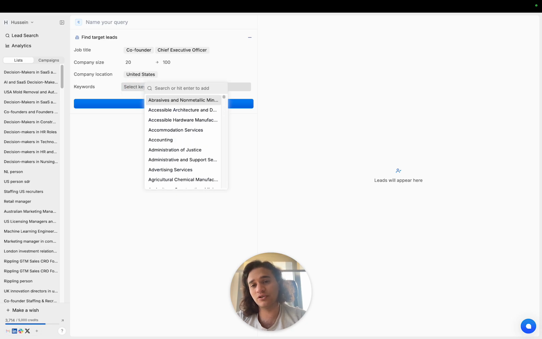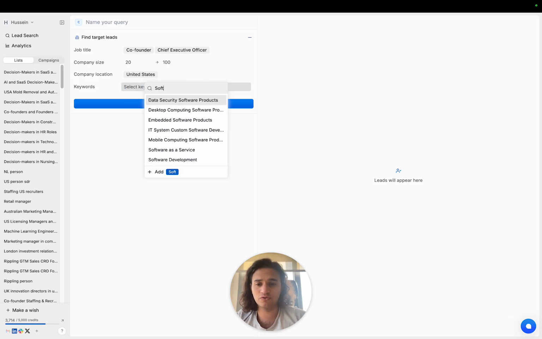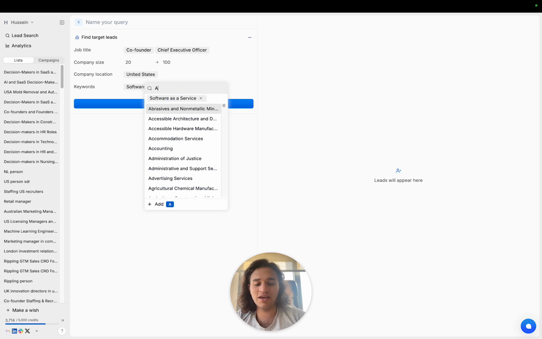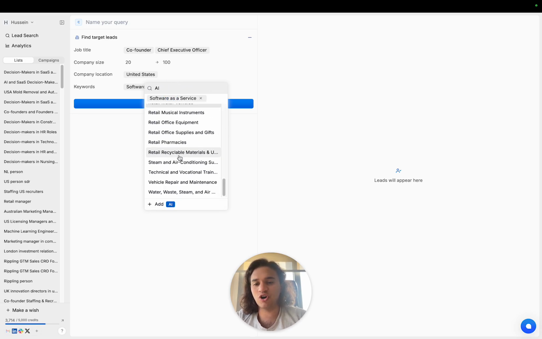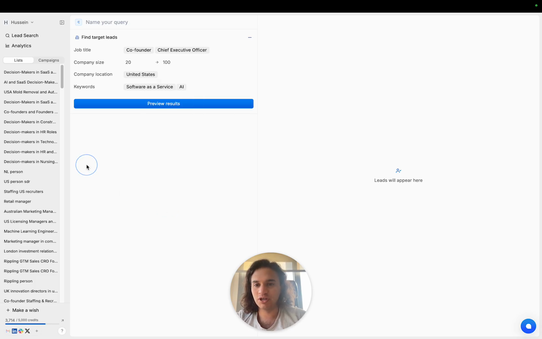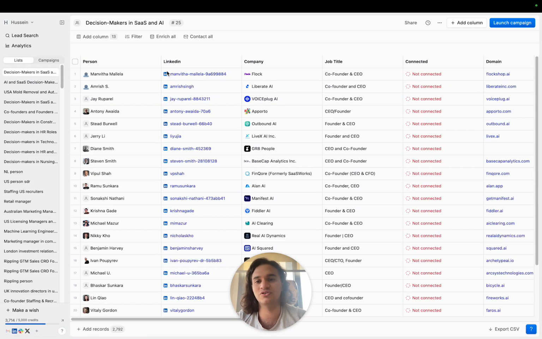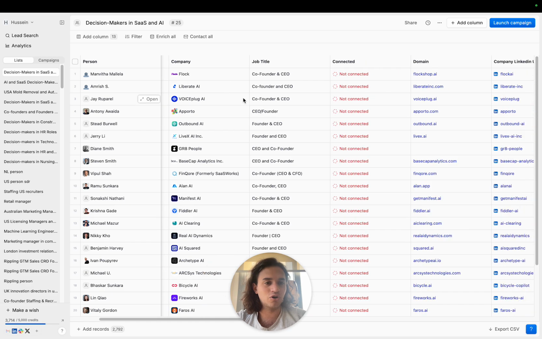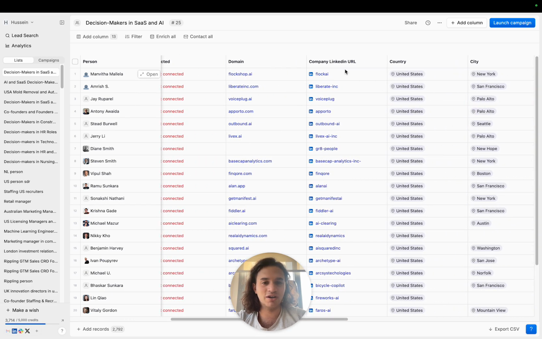And let's say we're looking for the industries that are SaaS, so software as a service, and AI. Now, AI isn't on our drop-down menu over here, but just like we can do for job titles, we can just add it as a keyword, and the AI is going to figure it out. Now, once I click on preview results over here, we'll get a little preview that shows you that you have the right search, but I'm just going to take you to a list that has already been loaded with these exact criteria. Right, so here's the list along with all of the information that we get about the lead